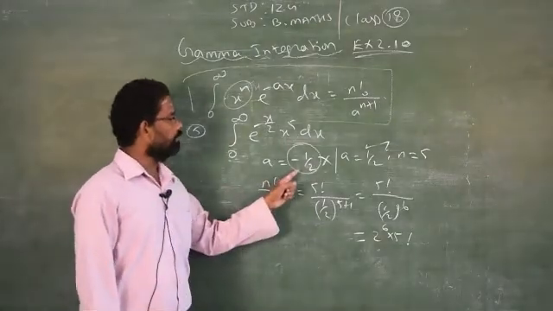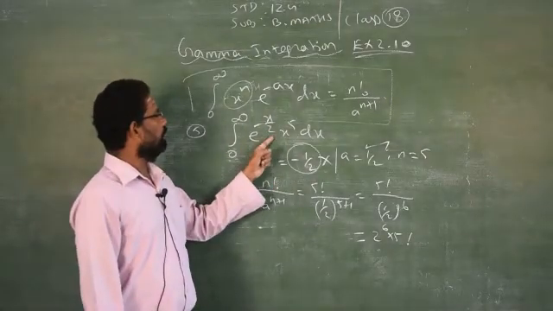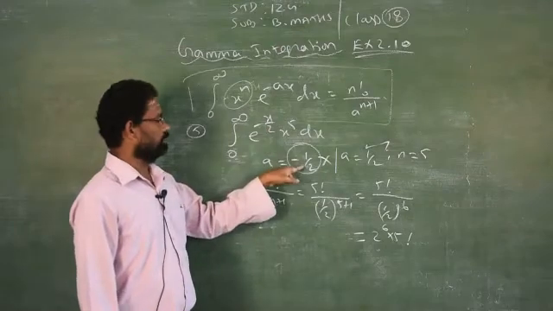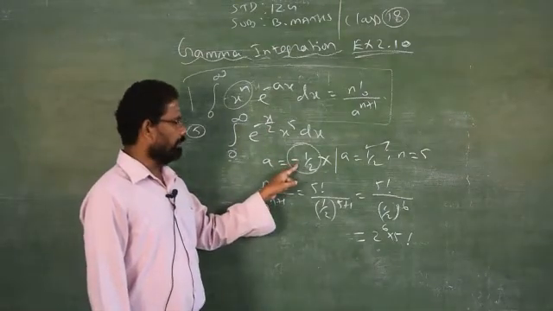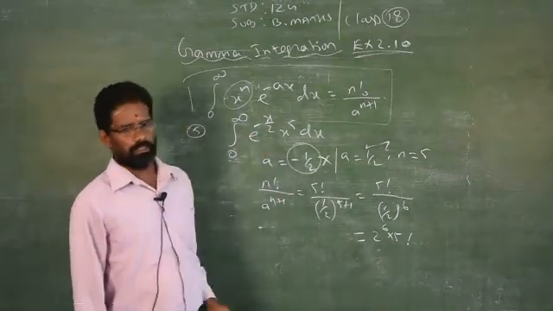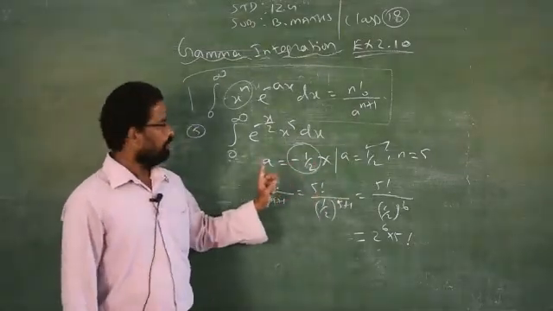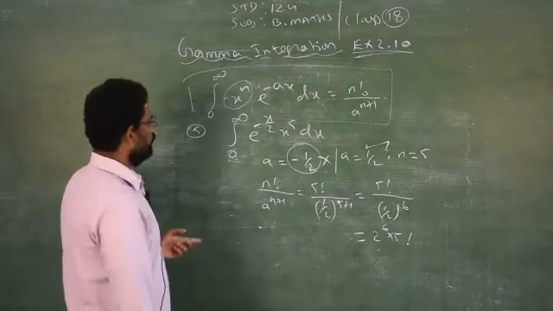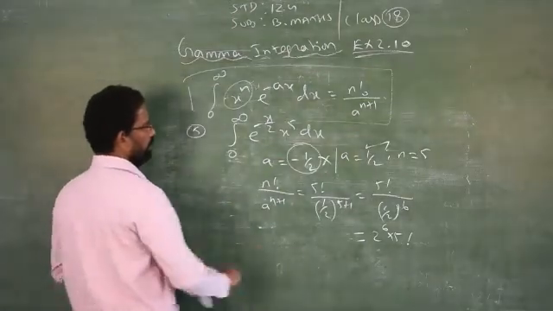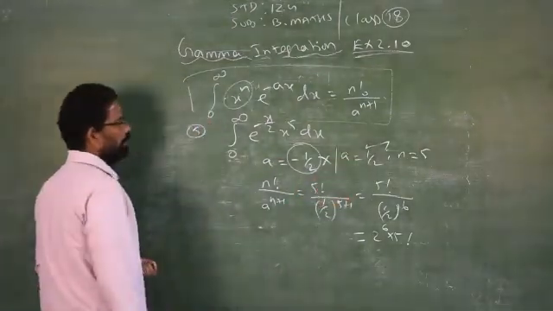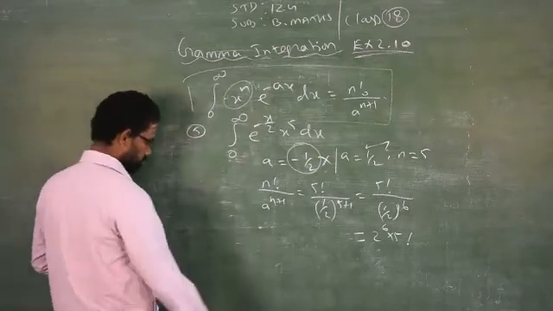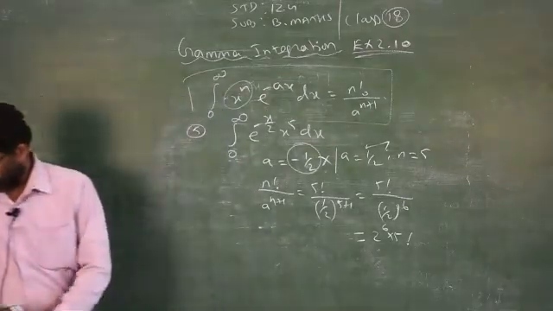Clear? So be careful. You have to take only the coefficient of x, the positive one. You don't take minus 1 by 2, you will get a wrong answer. Just for your understanding purpose, I did both. Be careful. So don't take a as minus 1 by 2. You have to always take a equal to the positive value, though it is given as negative. Clear? So next one.